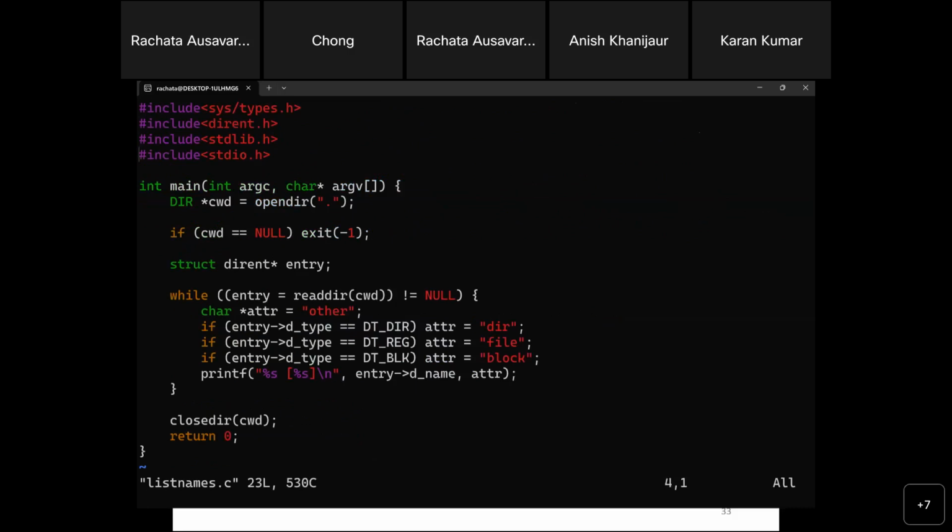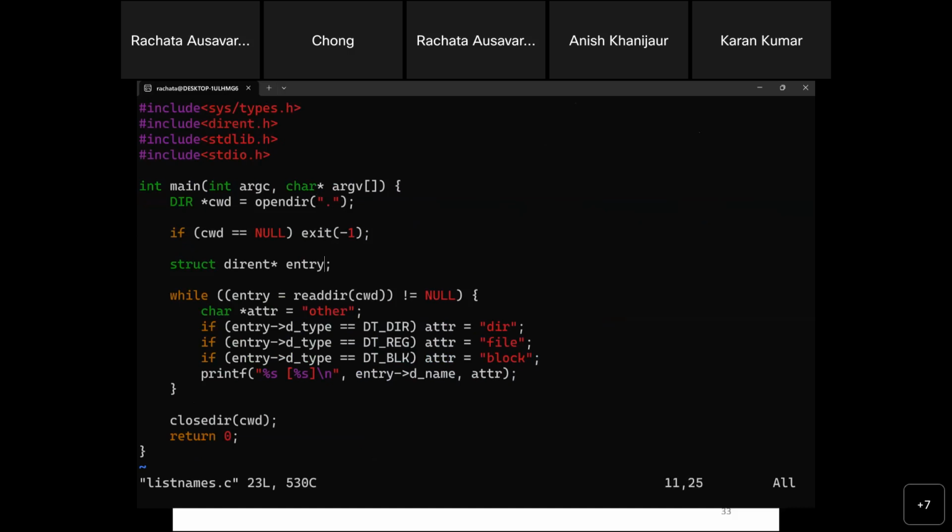So the ls command, when you type in ls, first you have to know where you are. The way we do this is we can call the function called opendir. opendir allows you to open a directory, and let's assume right now we want to open the current directory, so I just use the dot. Yeah, dot is the current working directory, right?